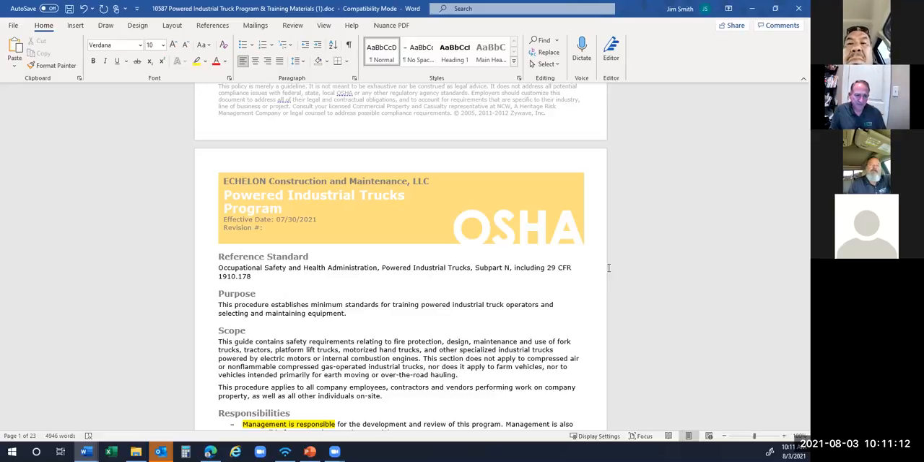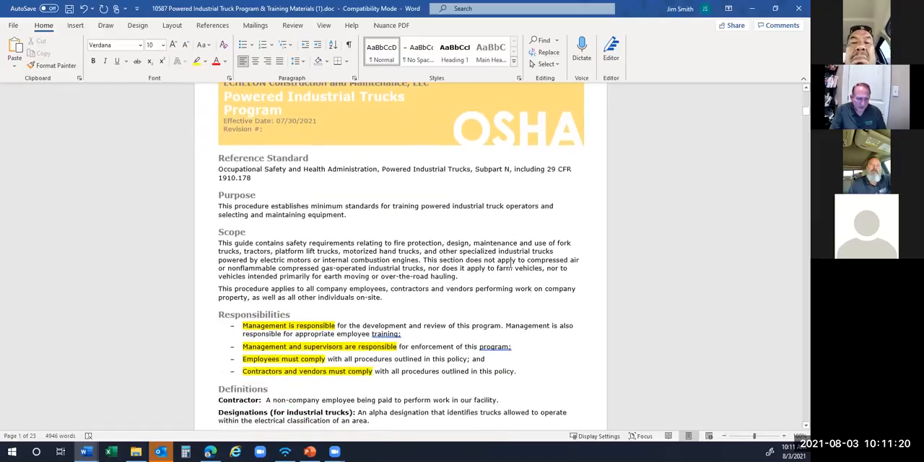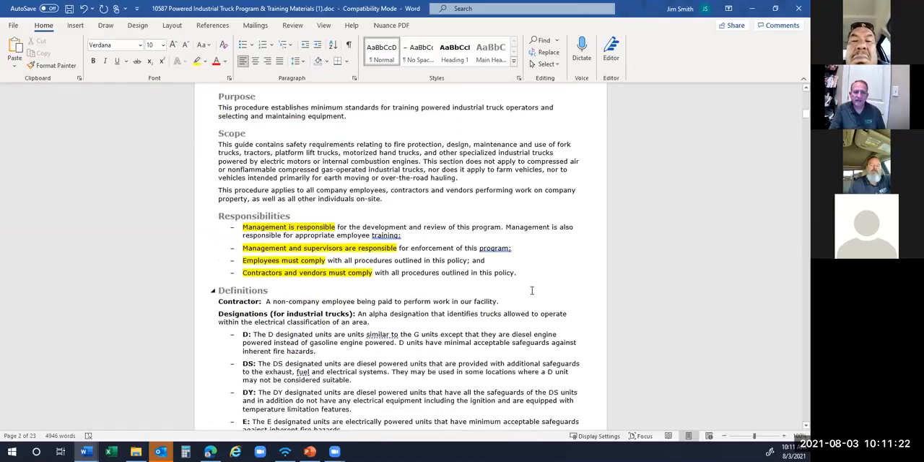A program should be a formal written document. So this one is formally written. It has a reference standard. It has a purpose, it has a scope, it has responsibilities. And under the responsibilities section, when you get a chance to review this, if you can't see this on your screen right now, I will tell you there are 4